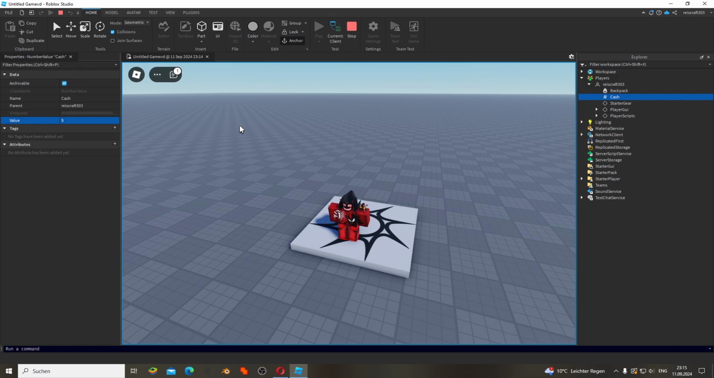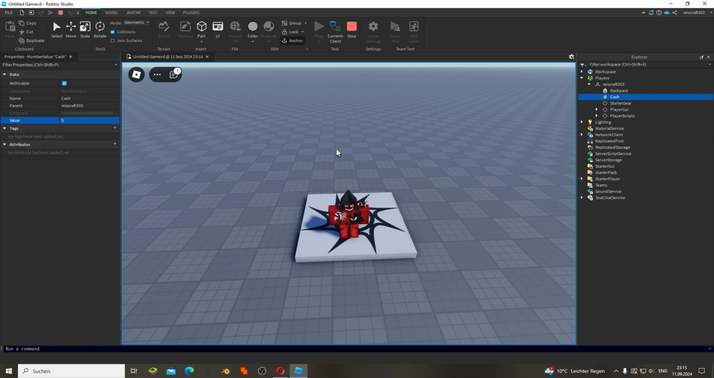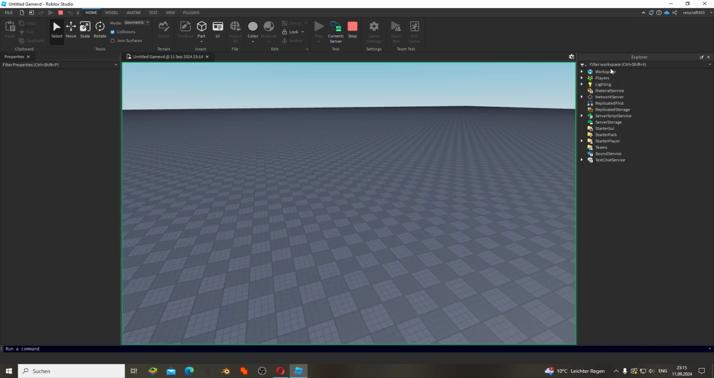Now I've got a question for you. Do you think if I go now to the server side and check if the value is 5, will it be 5 or will it still be 0? Do remember, we are doing this right now on the client side. Do you have the answer? Now the answer is